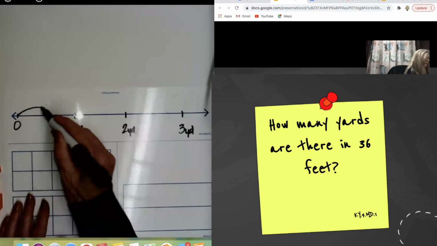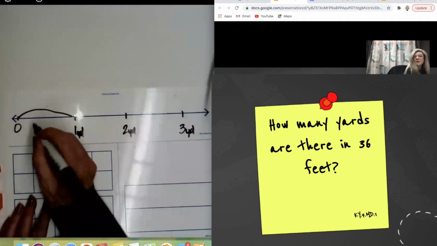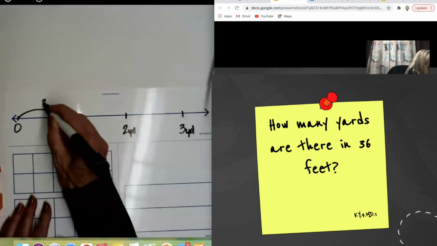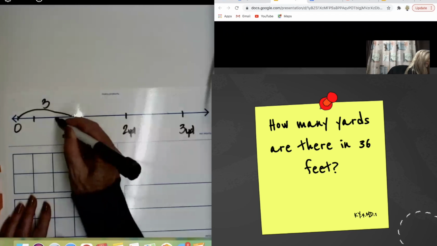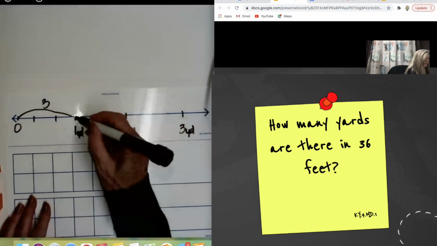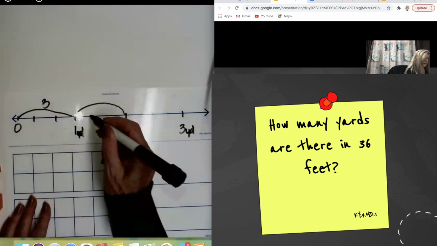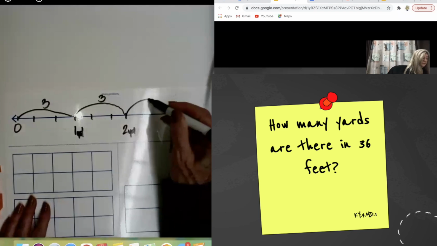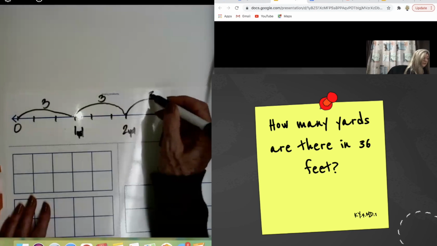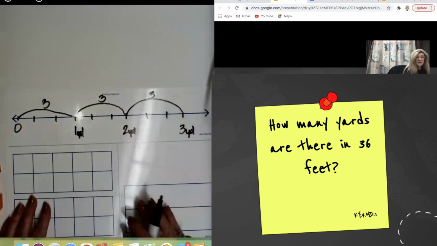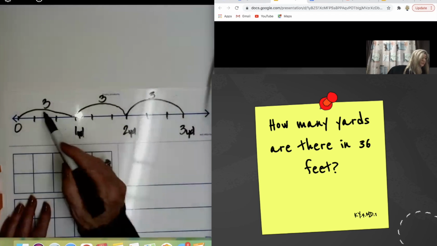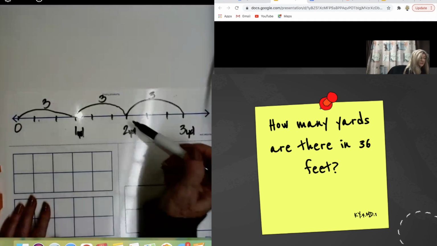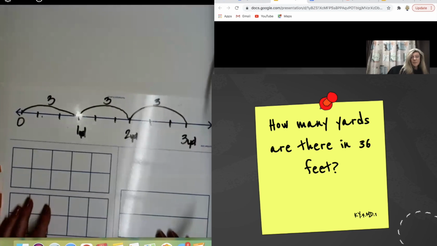We could say the in between here. And our question was how many feet? So we could say that there are 3 feet. We can mark that off into thirds. So in between here and here there would be 3 feet, and in between here and here would be 3 feet, marking that off into thirds. And then they could see that they could add those up, 3, 6, 9, or they could count 1, 2, 3, 4, 5, 6, 7, 8, 9. Okay.